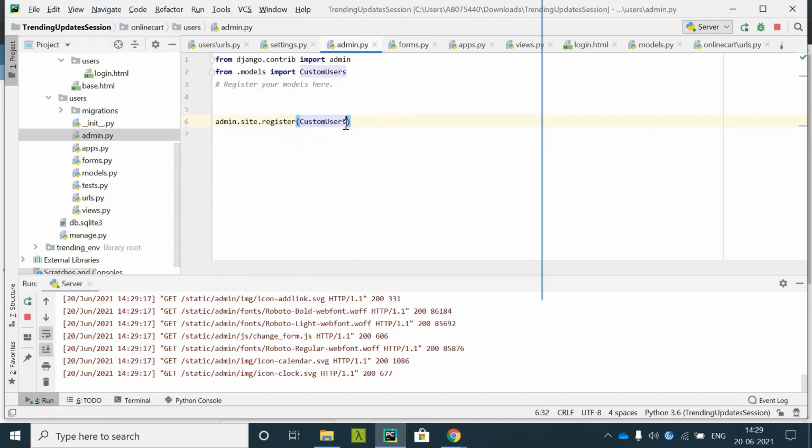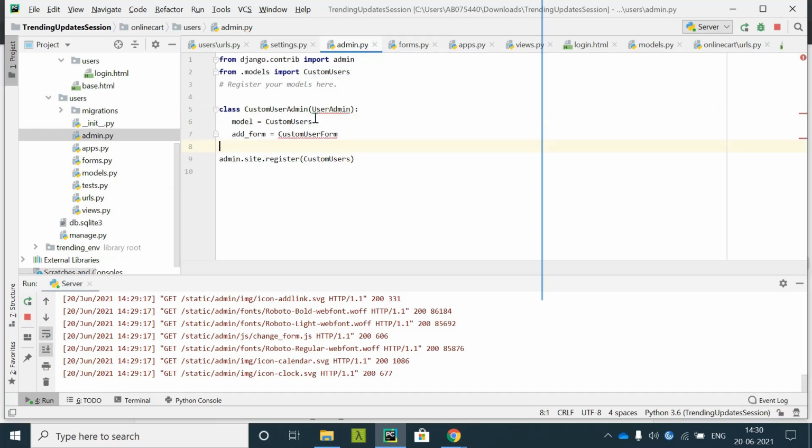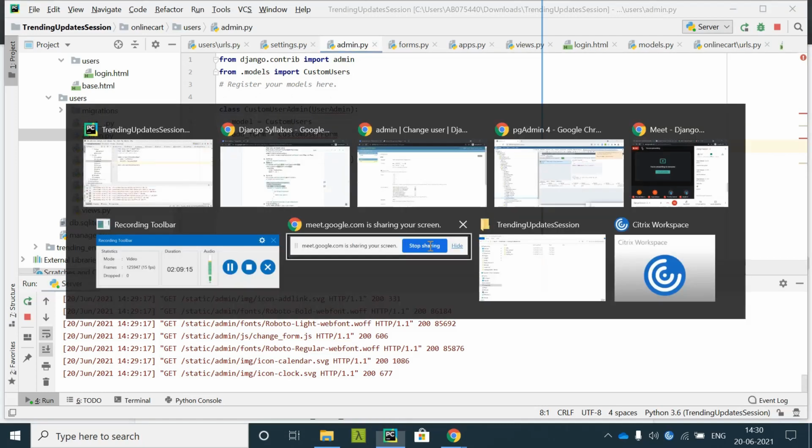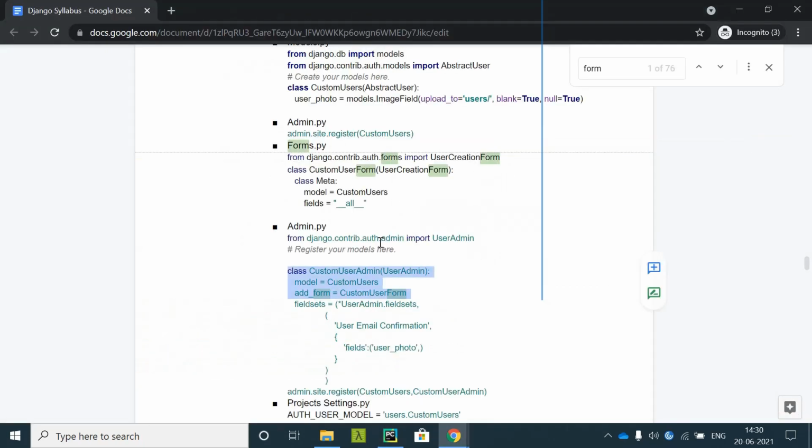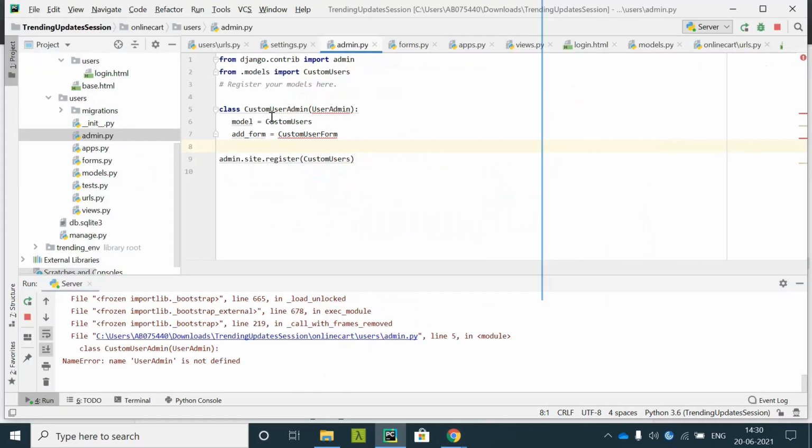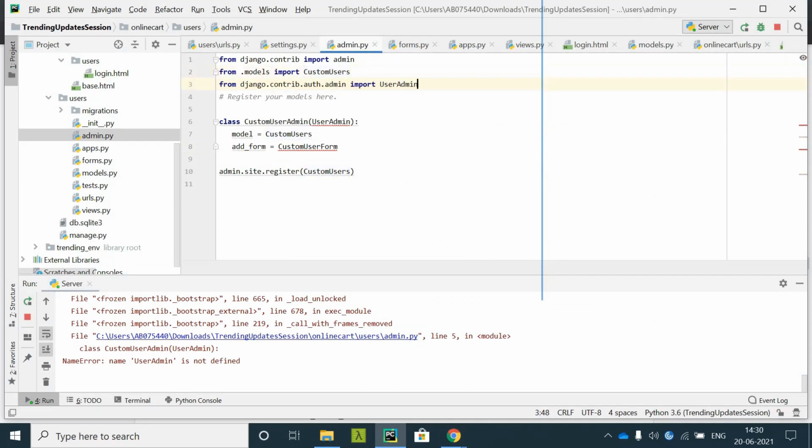So inside the admin you need to generate a class. These are things that are too difficult to remember, to import the particular classes. These are things you need to google, find the solution, and then copy paste over here.